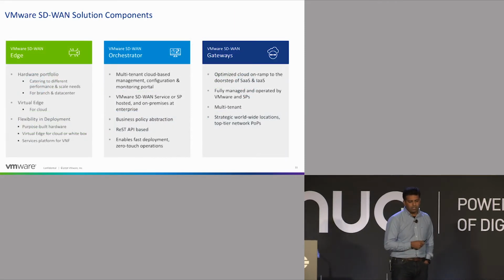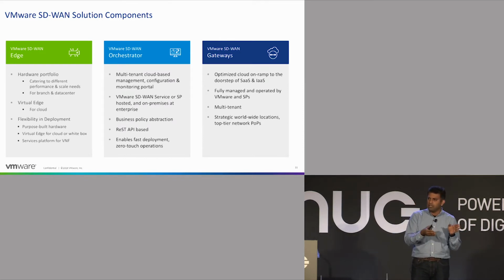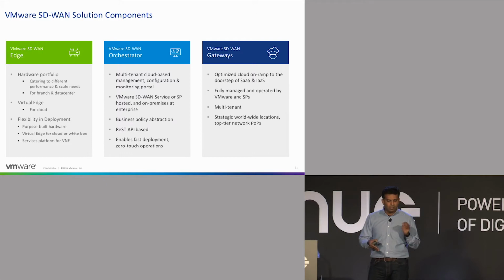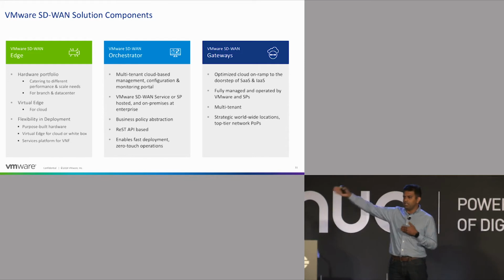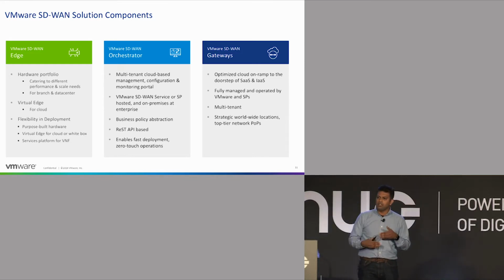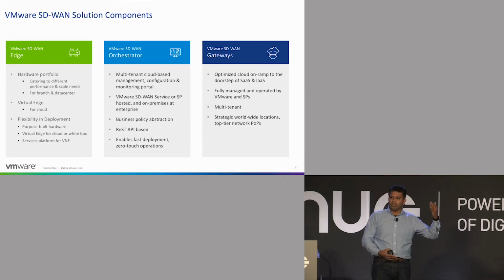So talking about the solution components itself, right? We have an edge. An edge is actually a box. I mean, we have a physical form factor, and then we have a virtual form factor too. This is the appliance which sits on the branch or the data center edge, right? The edge helps connect the LAN to the SD-WAN overlay and also to the internet, right? So any traffic, depending on the policies that you've configured, can be carried over the SD-WAN overlay or can be sent directly out of the internet. So this is the box which connects the internet to the branch and the data center local network,